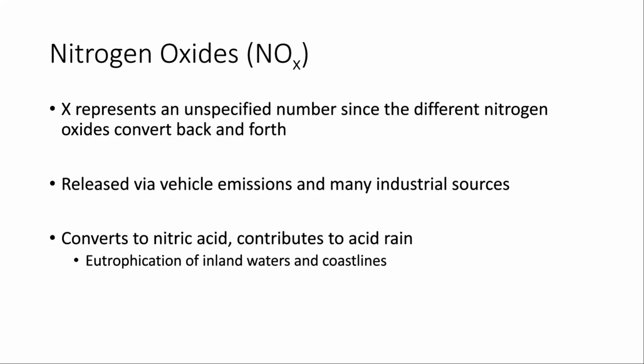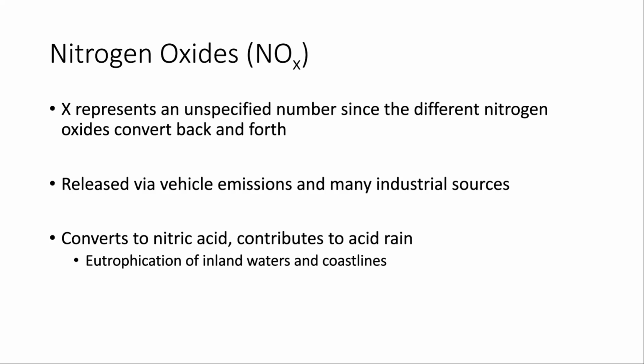Because with these, we're just thinking of any compound that's going to be nitrogen and oxygen. It doesn't really matter the exact ratio of those. We could have one nitrogen, one oxygen, or one nitrogen, two oxygen, whatever it's going to be. We'll see a lot of these pollutants coming from vehicle emissions and from industrial sources, and it's going to be the same thing with nitrogen oxides. What's particularly problematic about these is they do have health effects, but also that they're going to